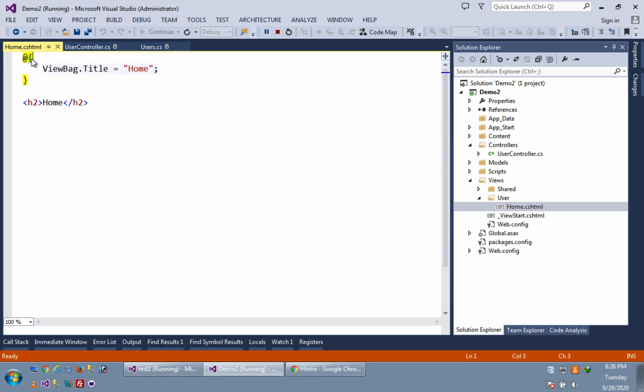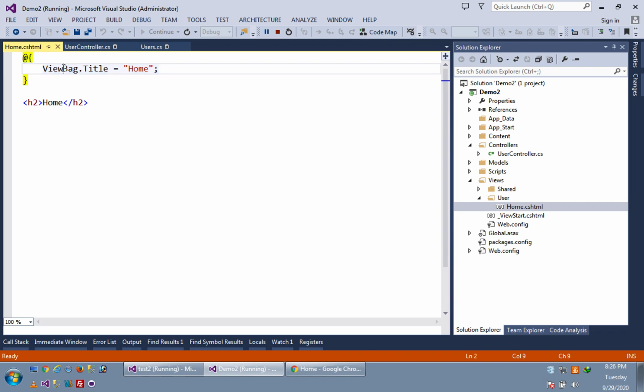But you have to mention that this block is of a server-side scripting language, that is, this block is of C# language. So for that you have to write @ and curly braces. This block is of server-side scripting language, that is C#.NET.